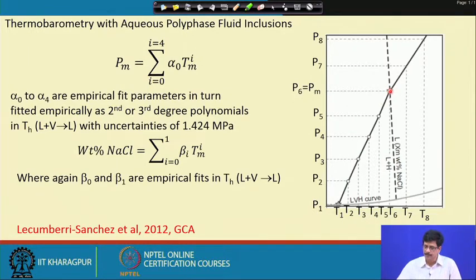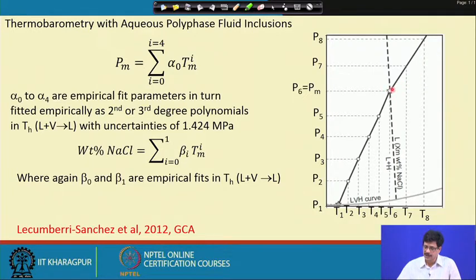So, as before, we could also approximate the entrapment pressure and temperature condition from the dissolution temperature of halite as a minimum approximation, because from here onwards the inclusion again will follow a constant density isochore as shown here, for example at temperatures corresponding to T7 and T8, and we will not have much of a constraint here to exactly know at what point the inclusion actually formed in the absence of any other independent consideration like a barometer or a thermometer, which we discussed before.